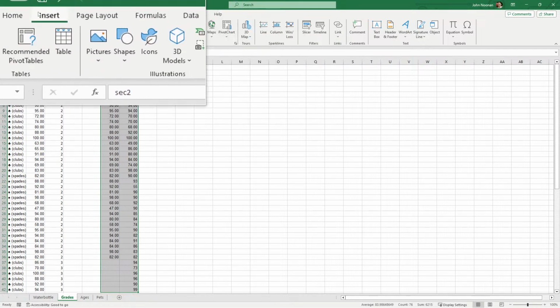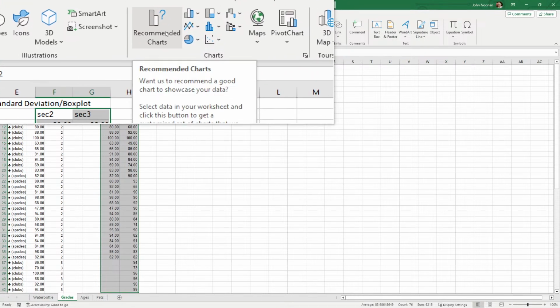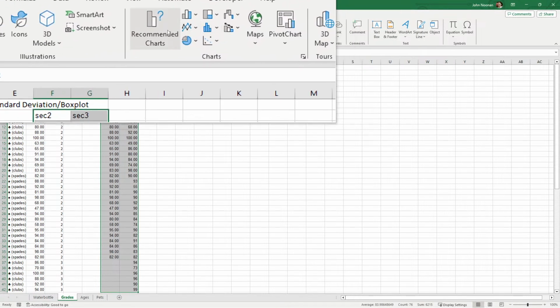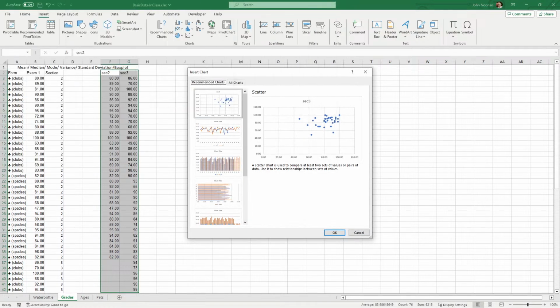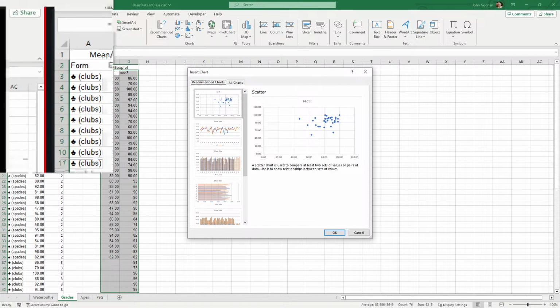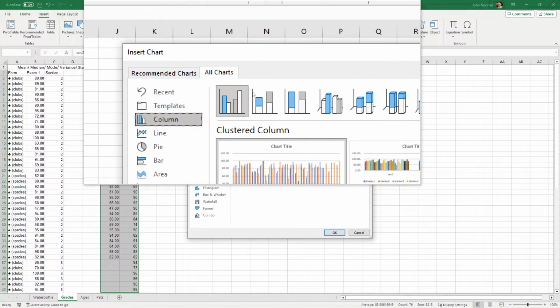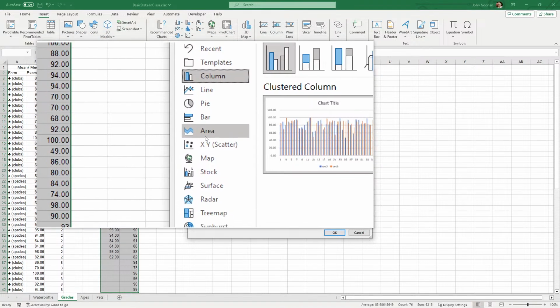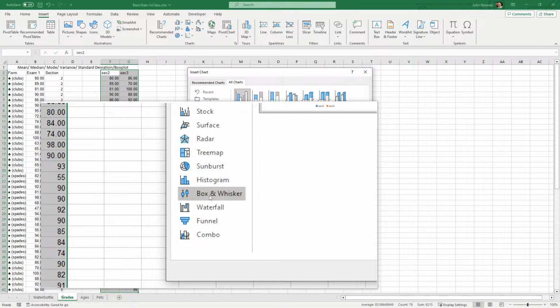Okay, so you click insert up here on the ribbon, and then there's various charts here, but just click recommended charts, and then when that comes up, you can see you've got some options here. You want to choose all charts, because the ones that it's giving you are not what you want. And then on the left, you'll see that, at least for most of us, there is an option, box and whisker. Box and whisker is what you want if you want a box plot. So we can click box and whisker.